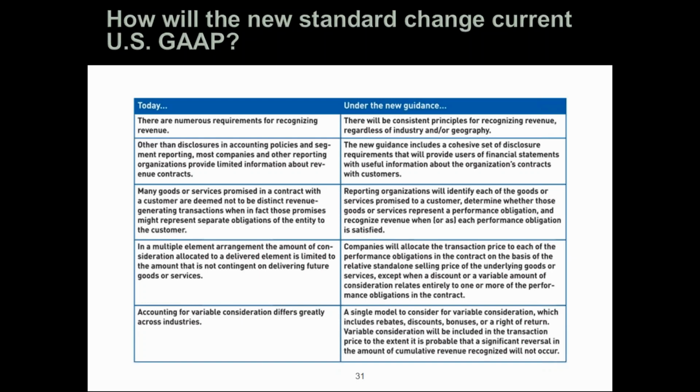Yeah. So where does that leave you if you haven't really begun an analysis of implementation of the new standard? What you probably want to be considering is developing a project plan that takes into account some of the factors that we said at the outset of the training. Now that we've talked about some of the examples, you can see how the number of different performance obligations within a contract, the amount of variability and uncertainty in pricing, and the length of time over which performance obligations are satisfied are all indicators of complexity and an increased level of effort in adopting the new standard.